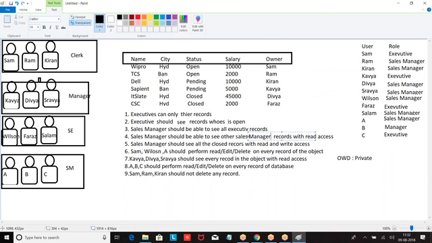Why did I define OWD as private here? Executives are not able to see others' data, so obviously OWD is private. Then what are we doing? Owner based sharing rule, criteria based sharing rule, profile level view all, profile level modify all, and data permission set.